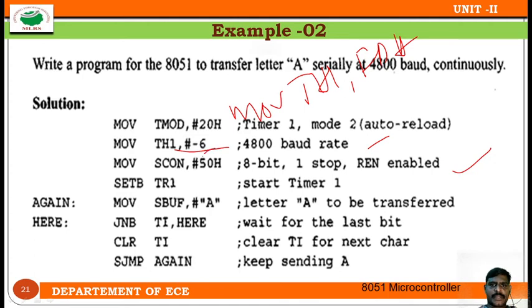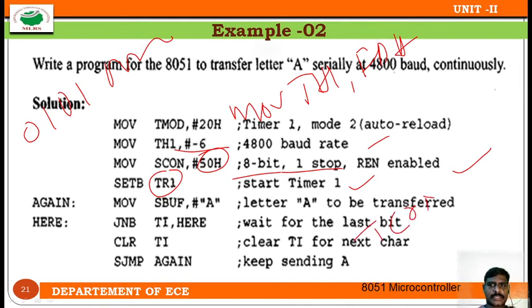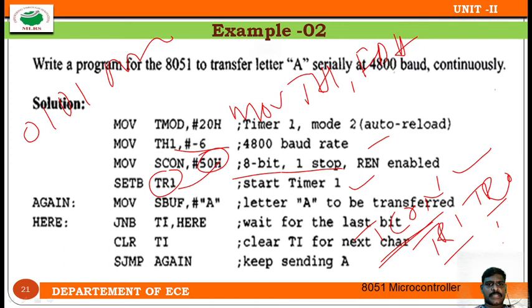How did we get this 50? From the SCON register, 50 is nothing but 0 1 0 1 0 0 0 0. So I am using 1 stop bit and 8 bits of data transmitting, so the corresponding SCON register is set. Then I am turning on the TR1 bit. Where is this bit? You need to recollect the TCON register once again. In the TCON register, the TR1 and TR0 flags for Timer 0 and Timer 1 are there. We said it is for individual programming, and here that particular flag is going to be set.